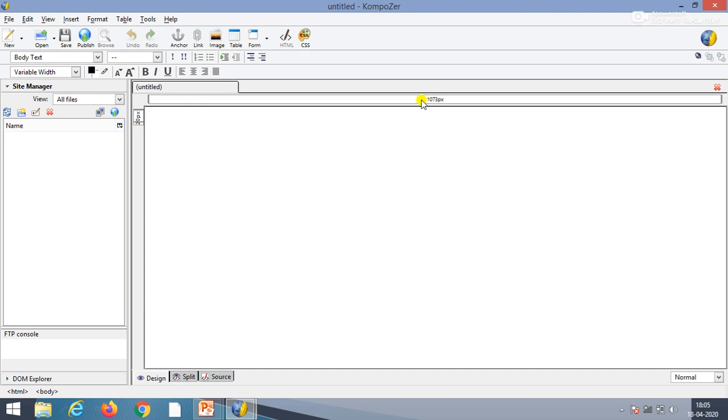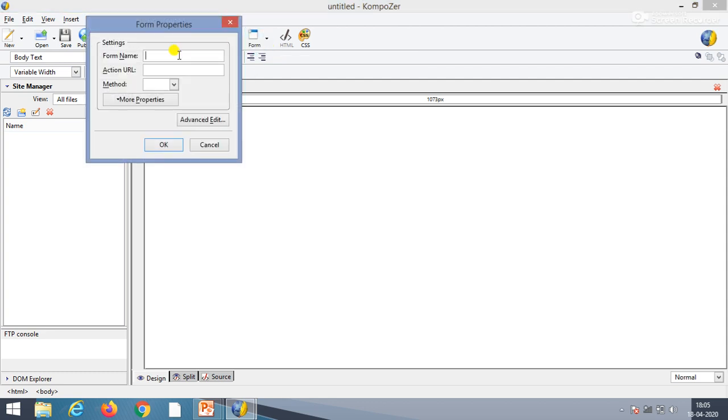First of all, this is the menu bar. If you want to create a web page, first we will click on the form, and this is a pop-up menu of form property. So first we will click on the form and give the form name.